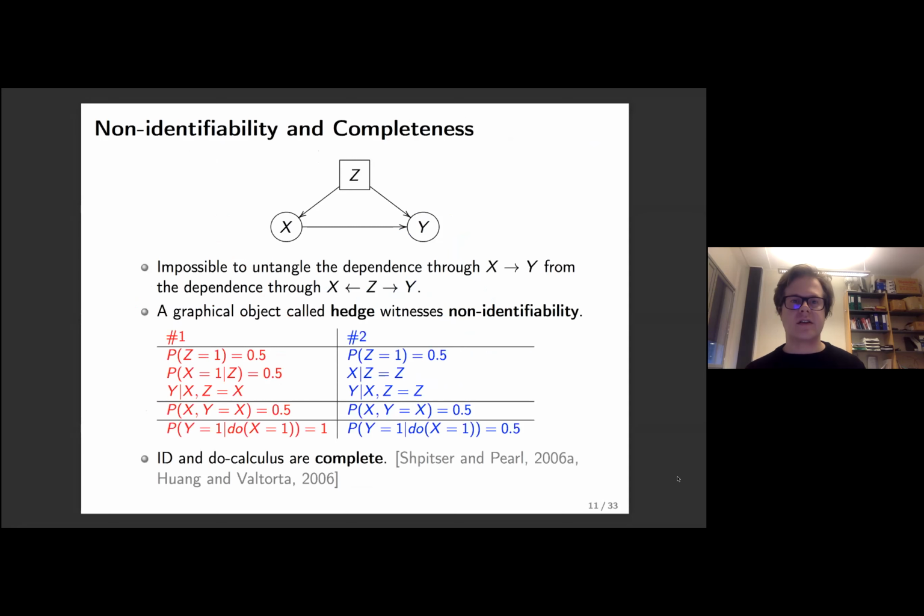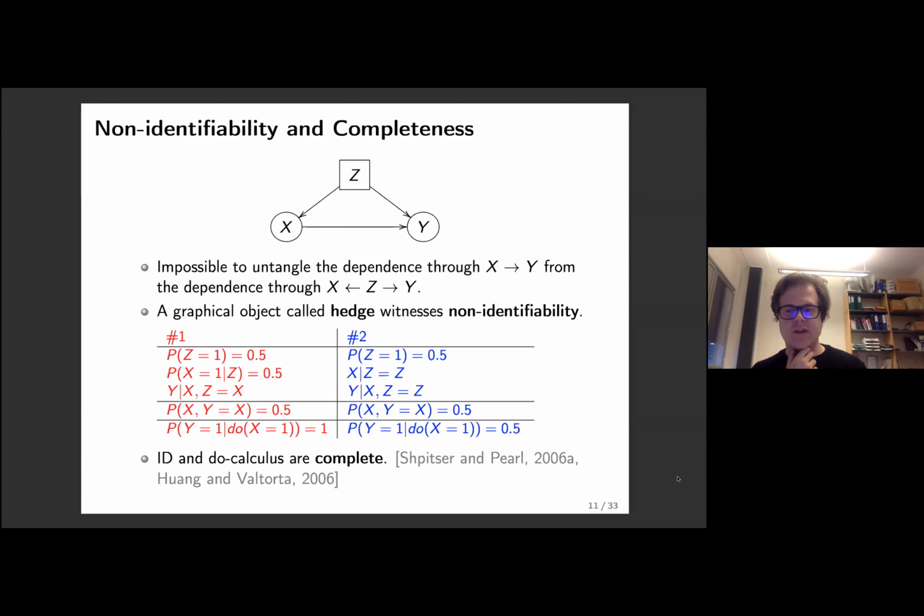In other cases, the causal effect might be non-identifiable, as here, where Z is unobserved. So here you cannot untangle the dependence through the causal path from X to Y and the confounding path through Z. And this graph here is an example of a graphical object called a hedge. Whenever there's a hedge, the causal effect is non-identifiable. So whenever there's a hedge, there are two different parametrizations that yield the same probability distribution, but different causal